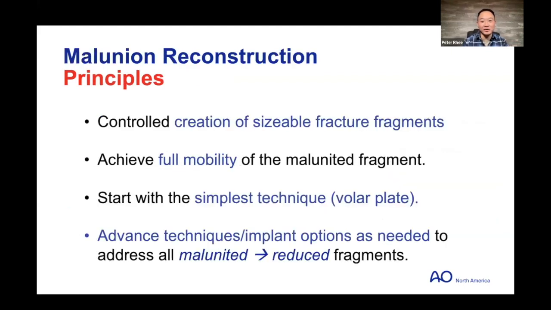That goes to really the principles. When I look at an intra-articular malunion, sometimes I get a little overwhelmed. But then I think back to what I would have done when this patient first came in with these acute fracture fragments. And then I realize all I really need to do is create the same fractures, mobilize them fully,